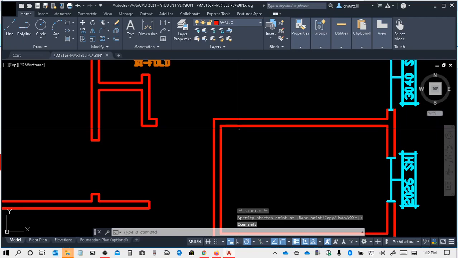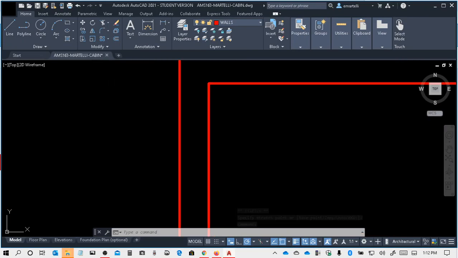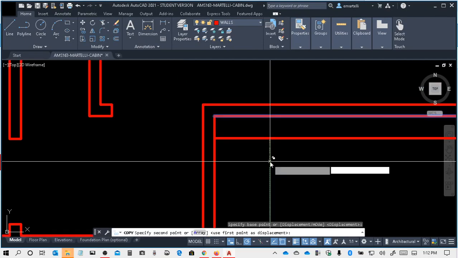Okay, for the bathroom, this one's pretty simple. What we're going to do is this. We're going to take this line and copy it 4 inch, 4 inch due south, 4. Okay, there we go. Now, I'm going to stretch that backward like this, leave it selected,